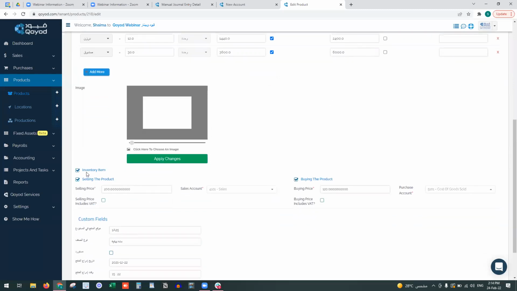And down below we have whether it's an inventory item or not. Yes, it's an inventory item. Selling the product at 200 riyal under the sales account. And if it's including VAT, we will activate this button. And the product buying price is 120, purchase account under cost of goods sold. So whenever we purchase it, it will go to the inventory accounts. Then whenever we sell this product, it will affect the cost of goods sold. And if it's including VAT, we will